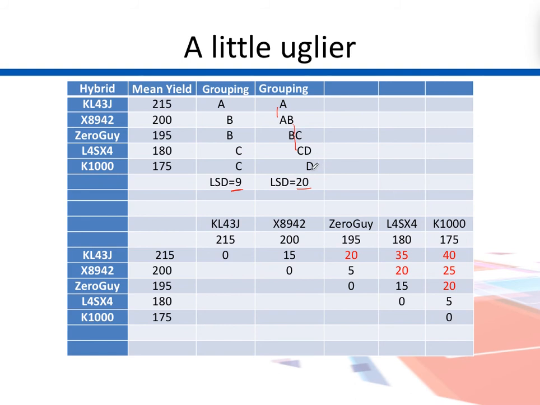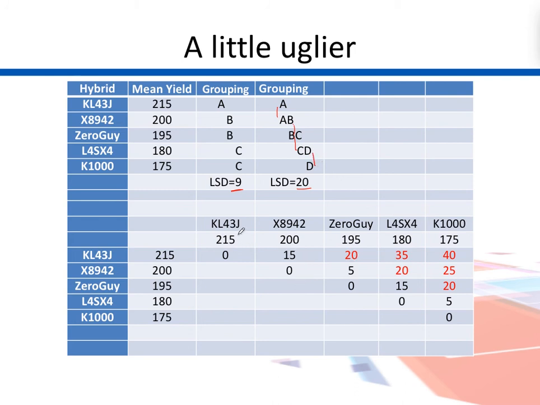Now we compare this with this again. This gentleman has a difference of 5 which is less than LSD, so the same letter should be given to him. But in order to keep this gentleman separate from this one, this letter should be different than C, so we assign both of them the letter D.